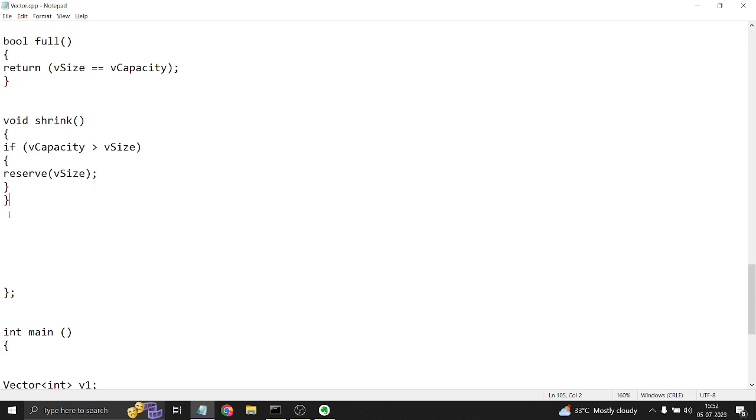We need to write the flush function basically. So what the flush function would do is that it would delete the elements, the number of elements there are, right? So there are v size number of elements, so we could just essentially run a,